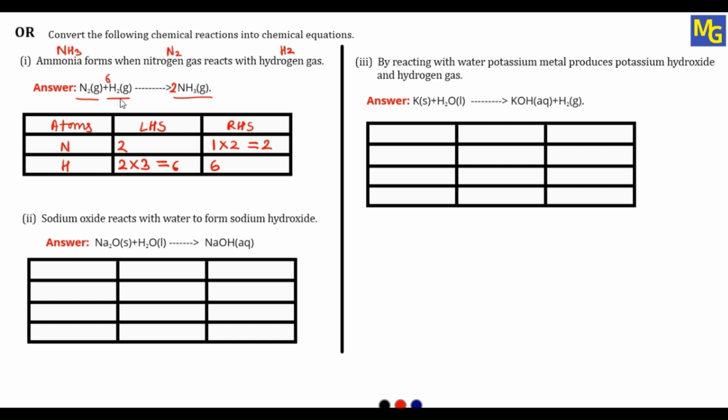So 6H2. Now you can see nitrogen LHS side, RHS side 2, 2. Hydrogen LHS side, RHS side it is 6, 6. Now the reaction is balanced. So balanced reaction,